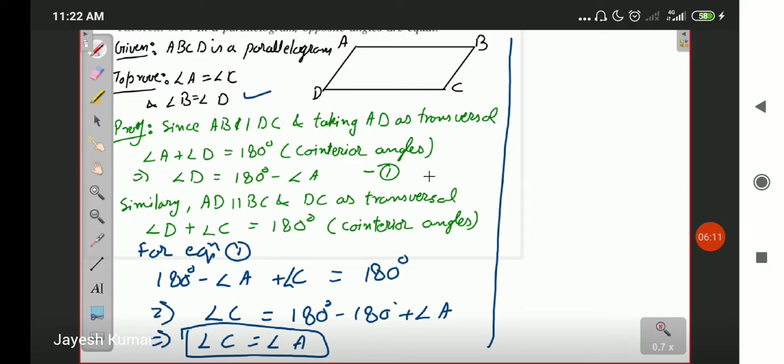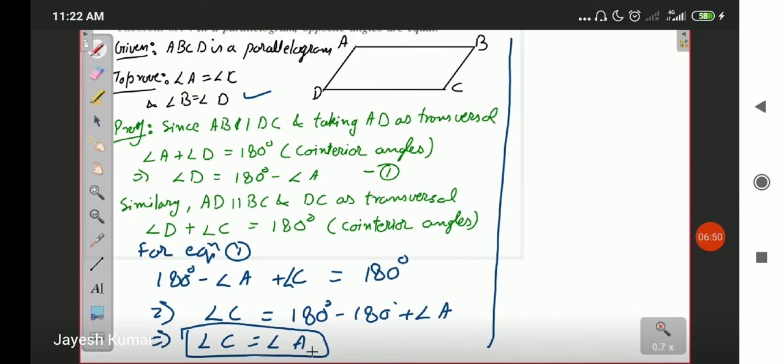Okay, that is the assignment for you to do by yourself. If you encounter any problem in proving this, kindly watch this part again, so that you can understand how to prove the next pair of angles as equal as well. But if this comes in the exam, you have to write down the whole proof. You can also try this by proving that triangles are congruent. That is a bit shorter, but essentially both methods amount to the same number of lines. Try this yourself, the second part, and inform me if you encounter any problem.